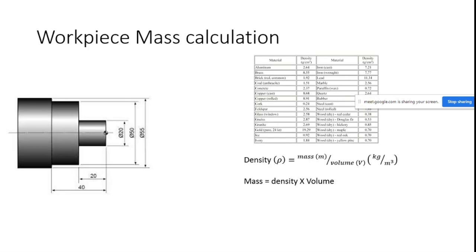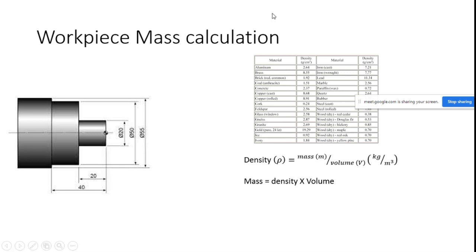So if I select the machine for conducting a particular operation, I may move to mass calculation: how should the workpiece be, and how can I calculate the mass of the workpiece? Yes, every costing person in the industry, the person who is responsible for producing the component, should be aware of how to calculate the mass. Based on that, he may create the costing.